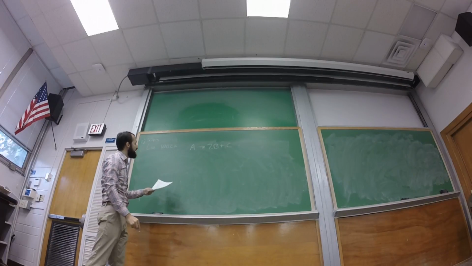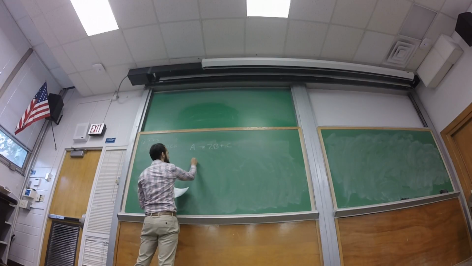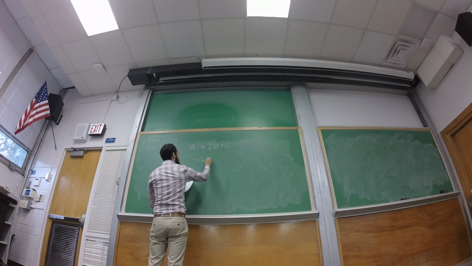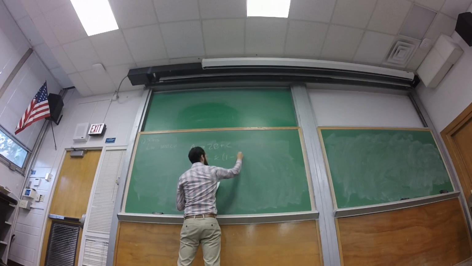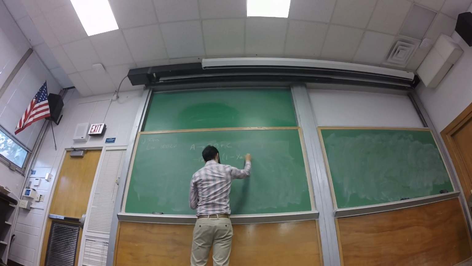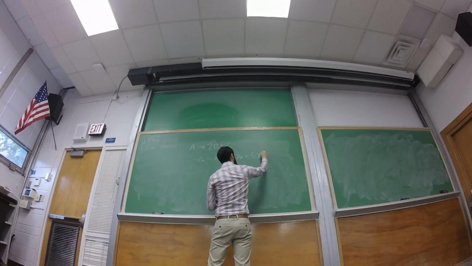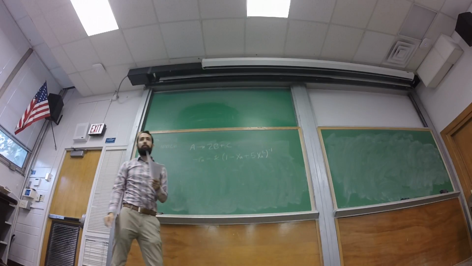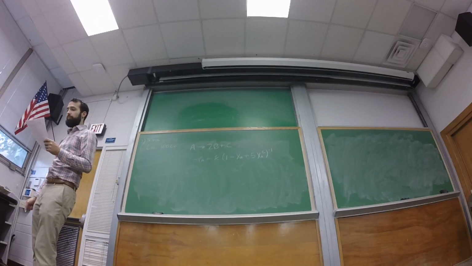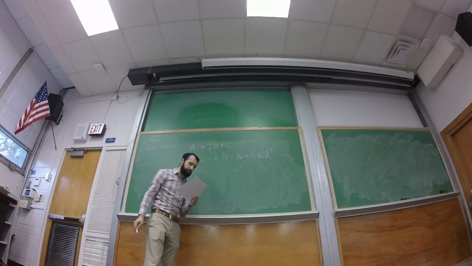So this reaction has been found to follow the unusual rate of formation of A, written as decomposition, but that's okay, given by this equation, where XA is the fractional conversion of A,